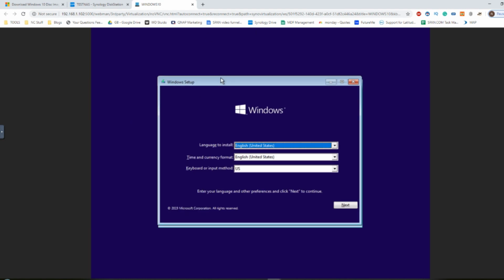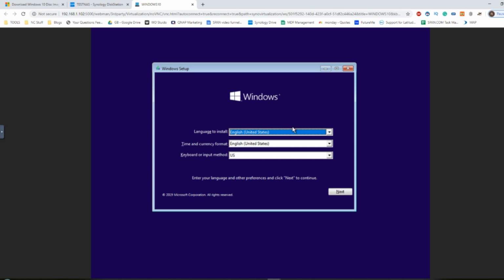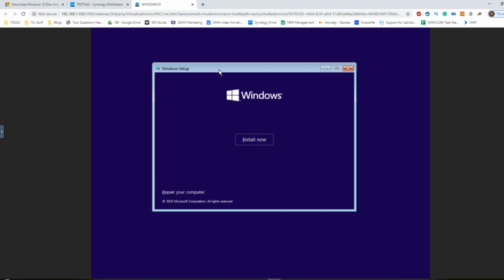And there you go, we've reached the Windows setup screen. I'm going to end things here very shortly because I'm not going to talk you guys through how to install Windows for the first time. There's plenty of videos out there like that, and the majority of you watching this video have probably set Windows up for the first time. It's incredibly straightforward and easy. And setting up a virtual copy of Windows 10 on a virtual PC is identical to installing it on a physical PC with a physical copy of Windows. But this has been how to install Windows 10 on a Synology NAS as a virtual machine,